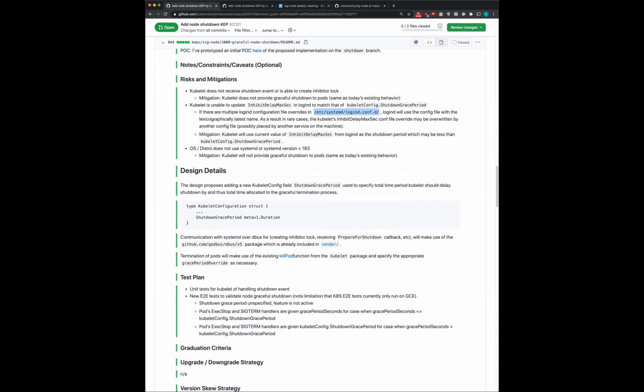Yeah. So to the question of conditions or anything like that, right now I don't feel like we need a new condition yet because I don't know how it would be monitored.